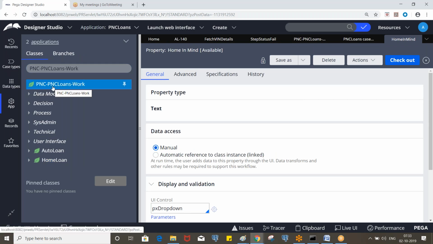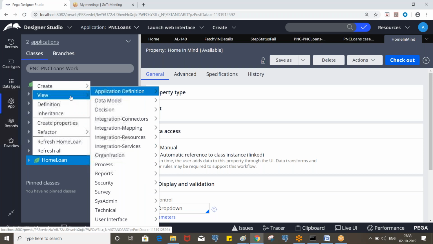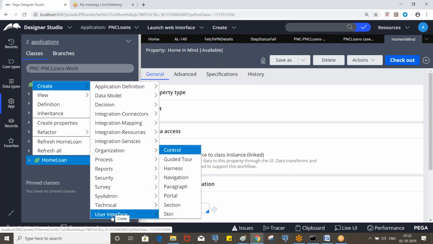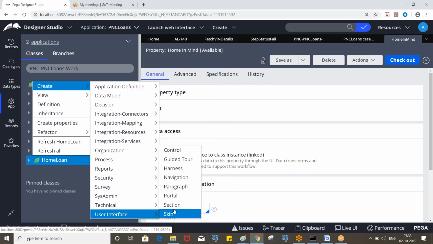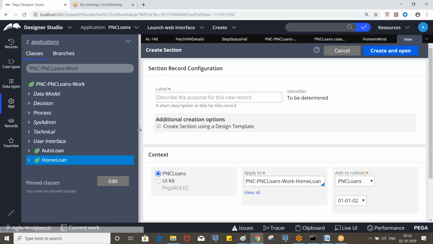You can note down this property, home in mind. Now let's create a section called collect home loan details.